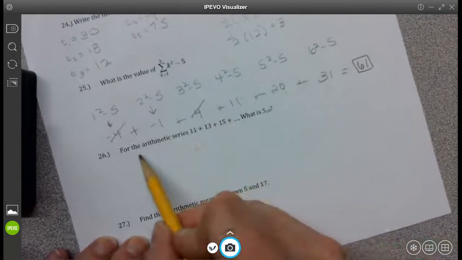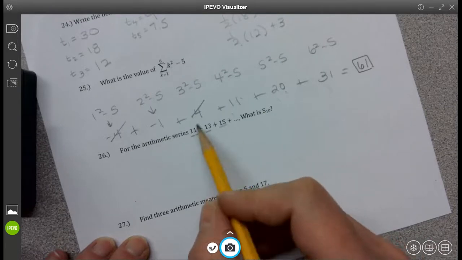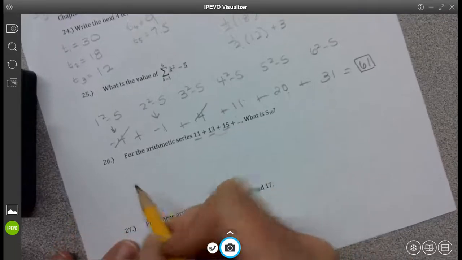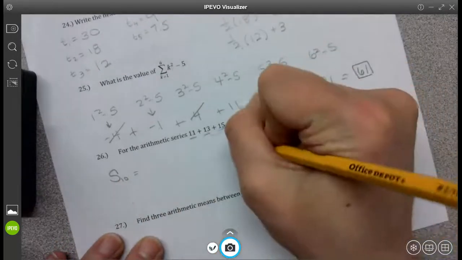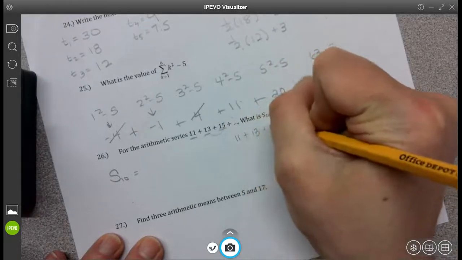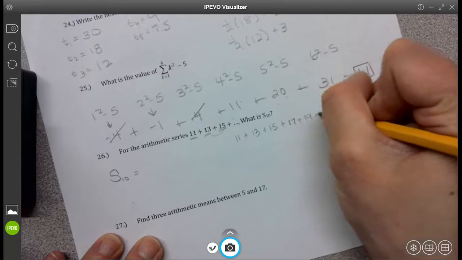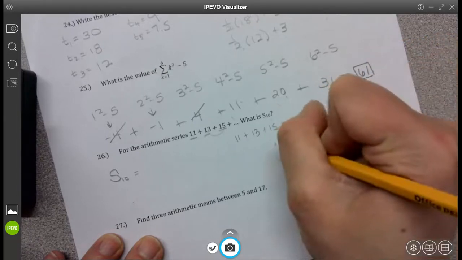It says for the arithmetic. Well, arithmetic means that they just have a pattern in between that is the same. Like they're adding 2, they're adding 2. You want to know the sum of adding the first 10 terms. So you could think of it like this. This is your first term, second term, third term, fourth term, fifth term, sixth term, seventh term, eighth term, ninth term, 10th